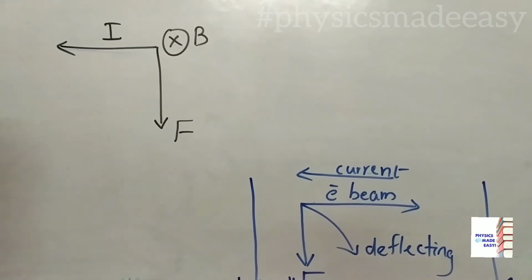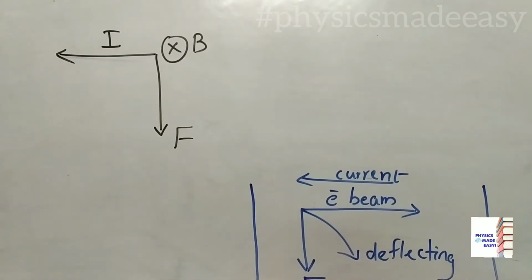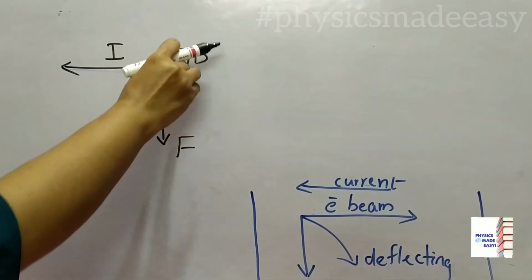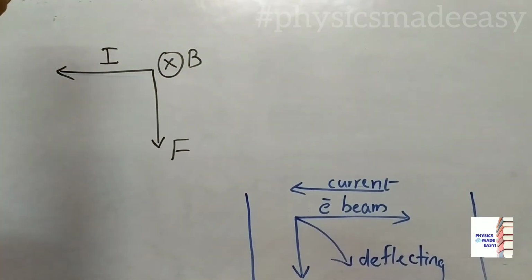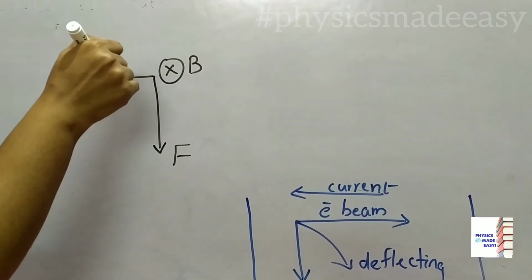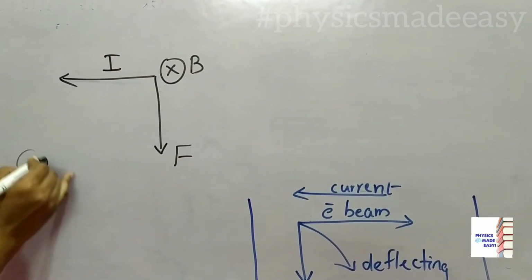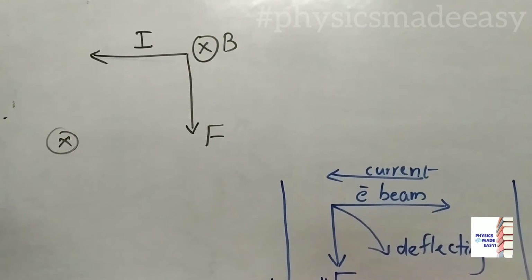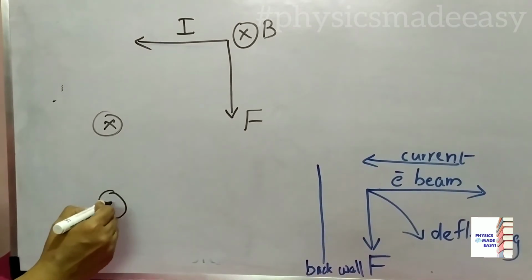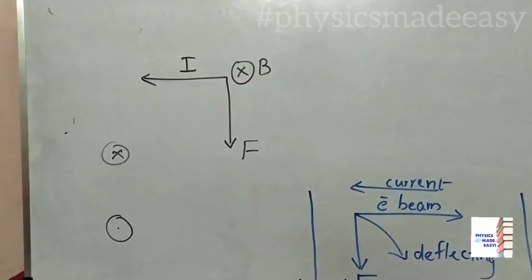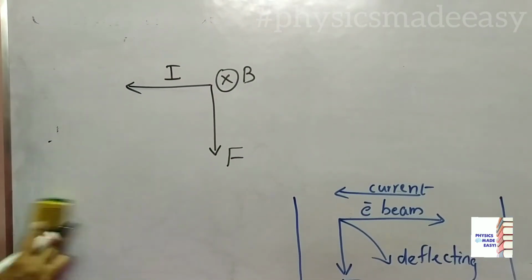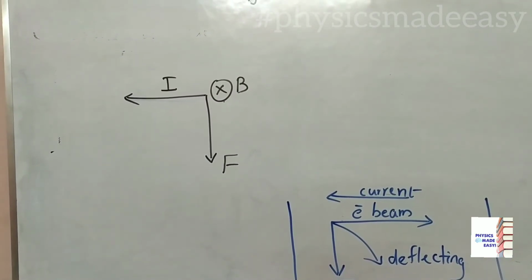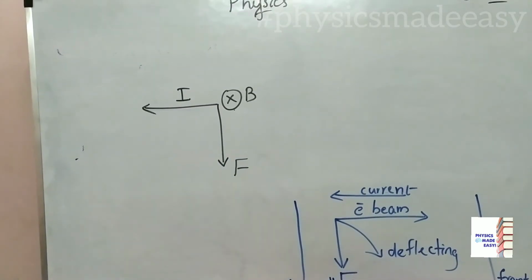That means it is perpendicular to the plane of the paper. If you consider this a paper, you can represent it in this way. Perpendicular into the paper means you can mark the magnetic field like this. Emerging from the paper in upward direction means you can represent the magnetic field like this. So here the magnetic field is in downward direction, and you can represent it on your paper in this way. Okay, thank you children.